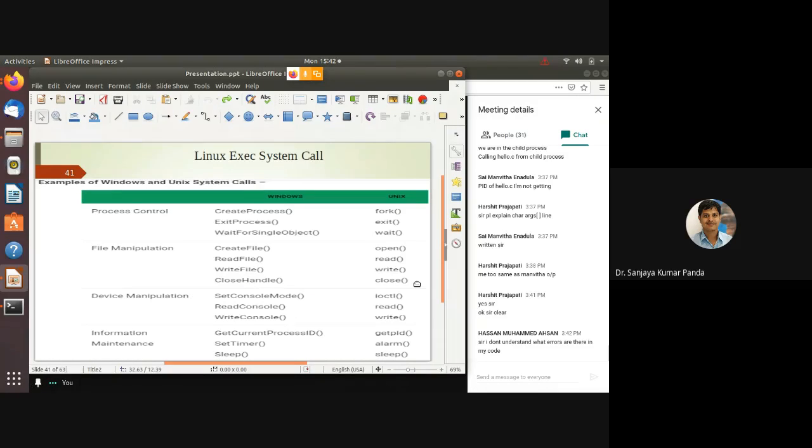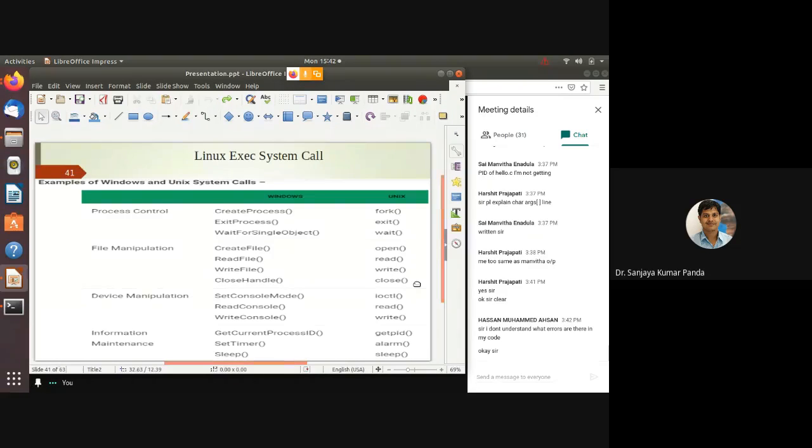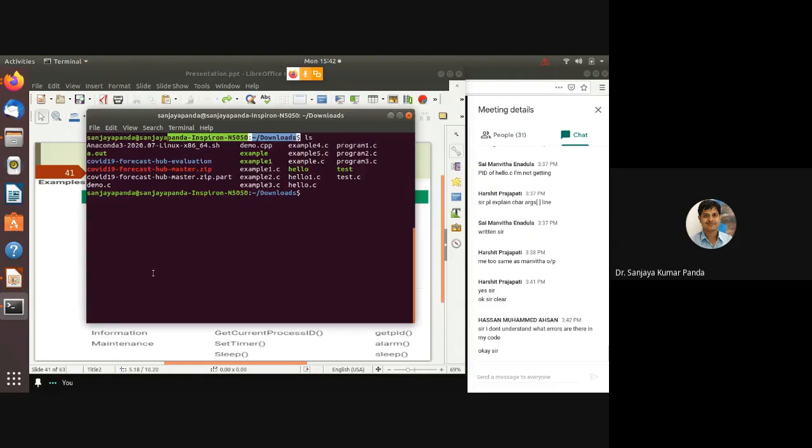Hasan, what is the error you are getting? Can you please share? Or you are saying your last two statements are not executed, that is your error. Okay, so in this way you have to compile. First you compile the first file, let's say example1.c. Then you compile your second file, let's say hello.c.